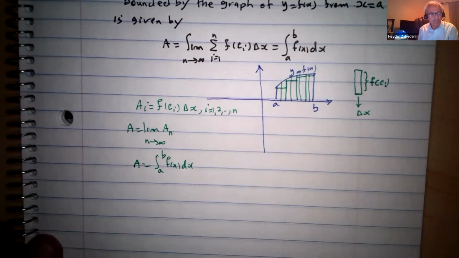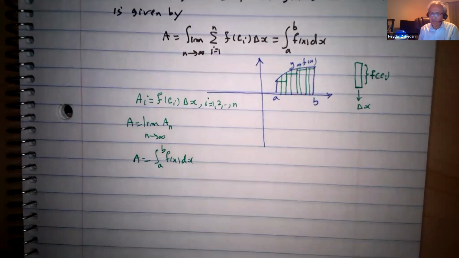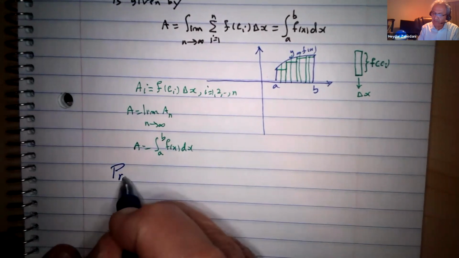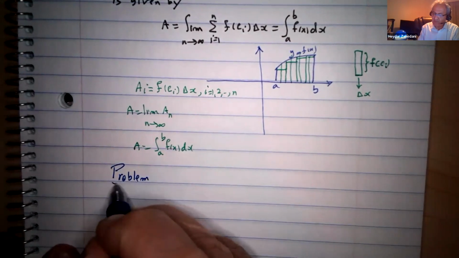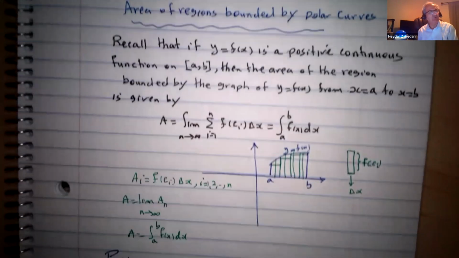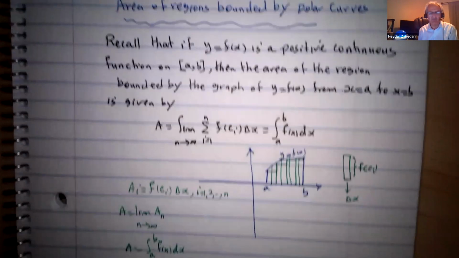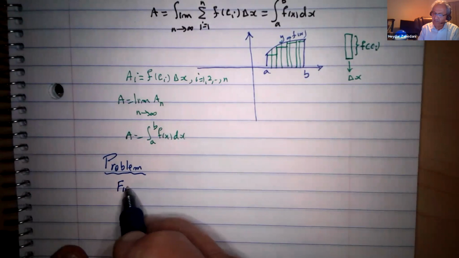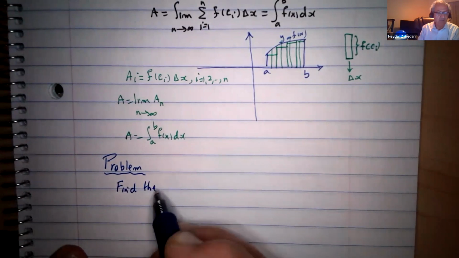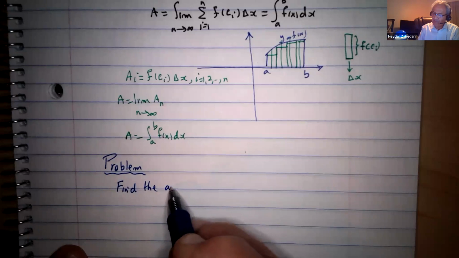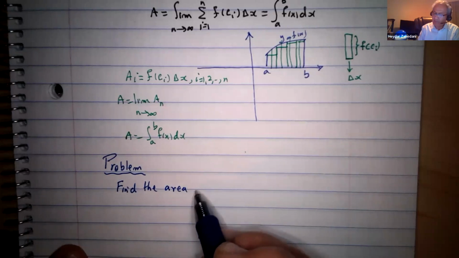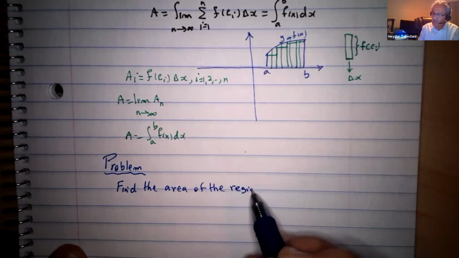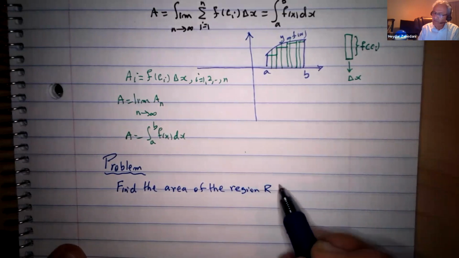Now the polar form. So in the case of the polar form, this is going to be our problem. Okay, so let's call it a problem or a question. The function y equals f of x would be changed to the function r equals f of theta. So the problem is, we would like to find the area, the copy of that problem, find the area of the region, let's say R, that is bounded